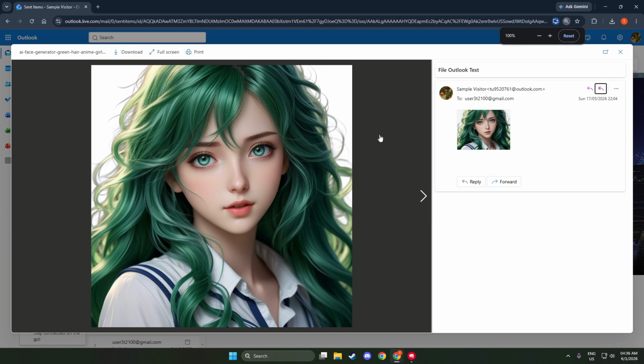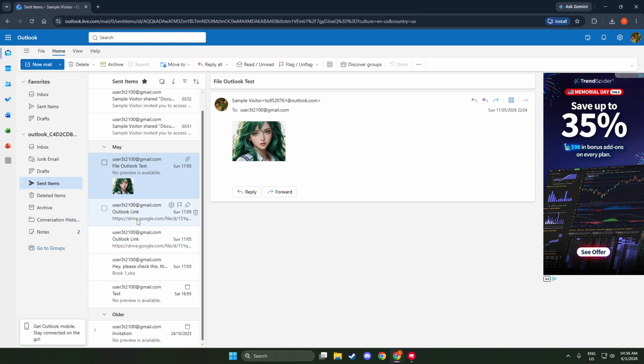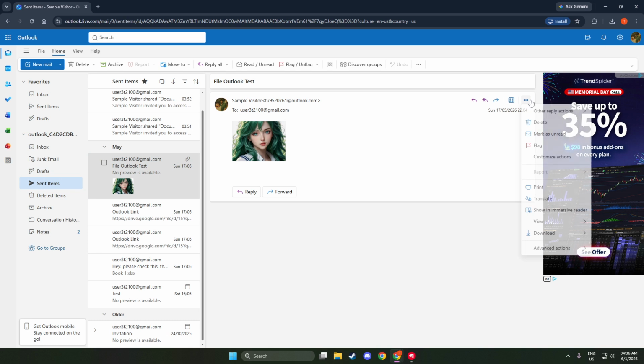To recap, reset the browser zoom to normal with Ctrl+0 on Windows or Command+0 on Mac, the most common fix for Outlook Web. Then, if needed, open the message and set the in-email zoom slider to 100%. With those two adjustments, your Outlook emails should display cleanly and comfortably again.